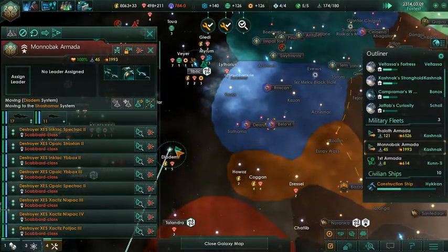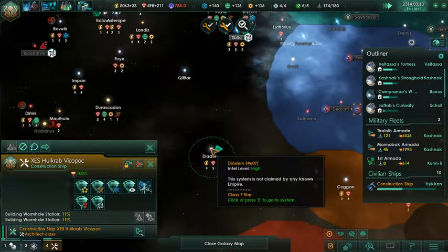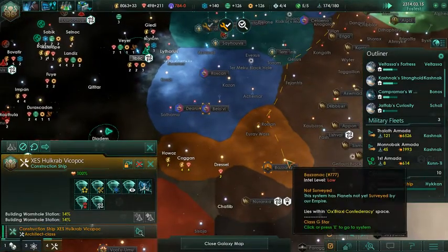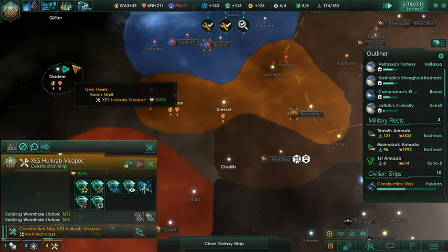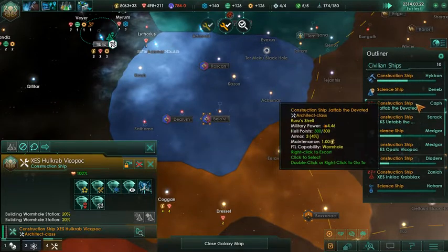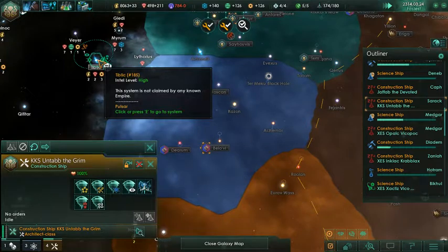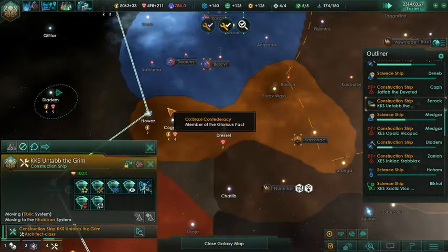I'm having another wormhole station get built right here, just so that I have a little bit of cushion, and I can just jump from there to there, there to there, there to there, easier. And I'm just gonna bring another construction ship this way, and as I'm taking planets,